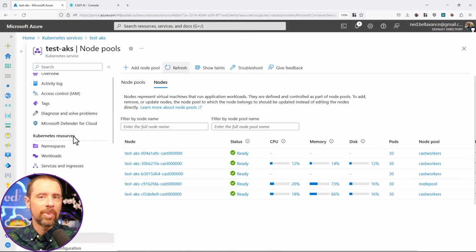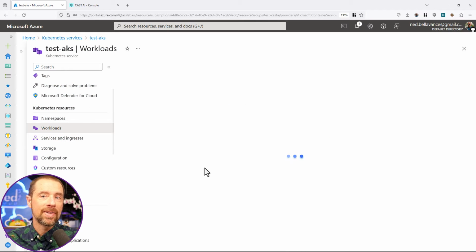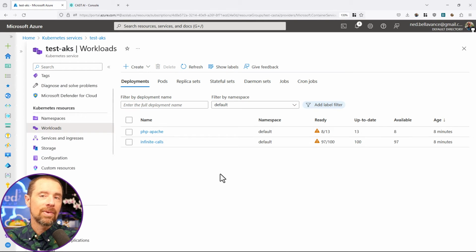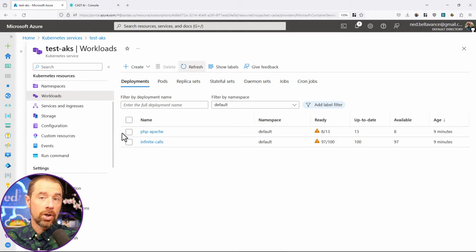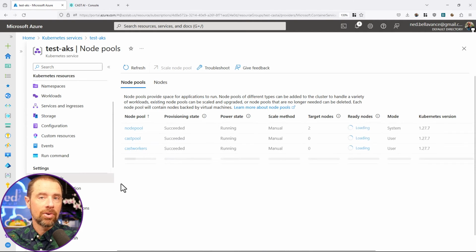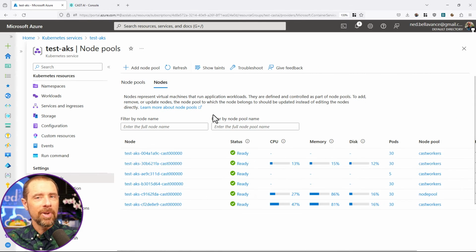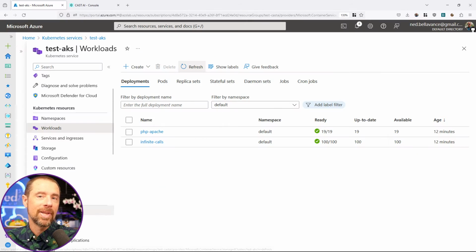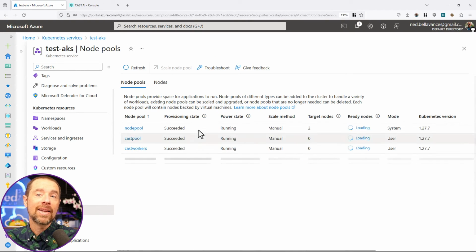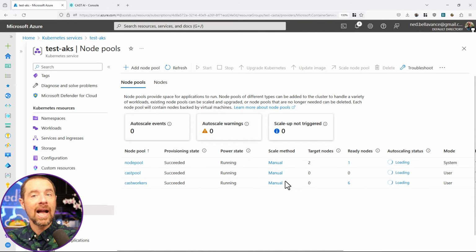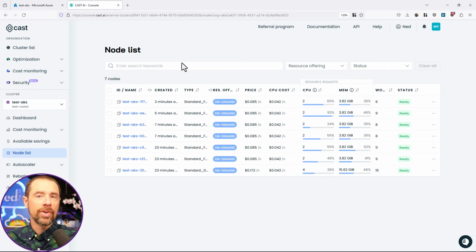Jumping ahead a little bit, the number of PHP pods also starts to increase in reaction to the requests that come from the load generator. This in turn causes yet another node to be created, and now we're up to 6 nodes in total. Jumping ahead to when all the PHP and load generator pod requests have been satisfied, we now land at 7 total nodes. Going over to the CAST AI node list, it shows all the nodes along with their age, cost,